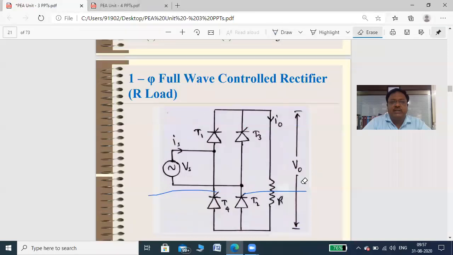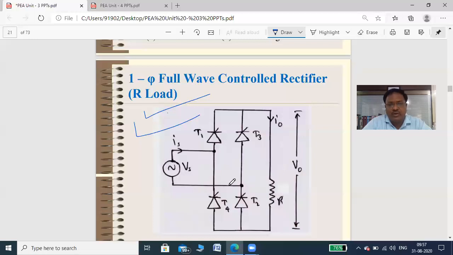So protection circuit, without protection circuit, no SCRs may be used in a circuit. Two things, that is a protection circuit and the gate drive circuits, both are not shown in a figure for simplicity. Keep in mind it should be there but not shown in a figure. So it means that that is always present.